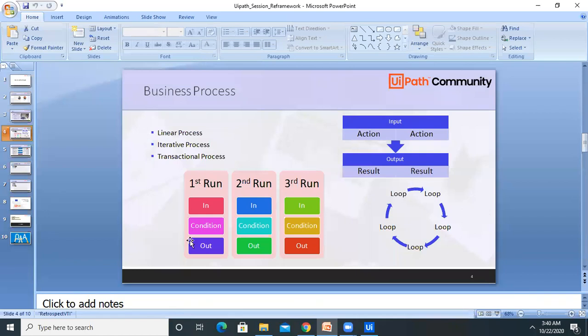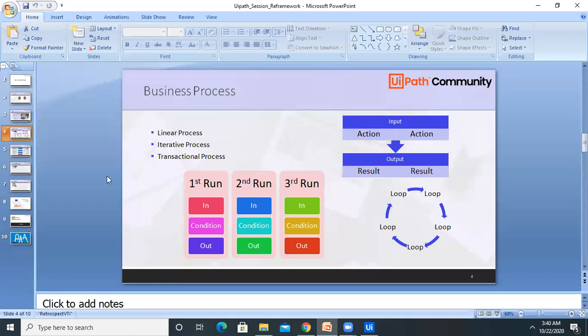So on the first run, if they do not find a match, they will definitely get some response in terms of output. Otherwise, if they get an error message, then also they try with some other keywords. The same logic we are trying to build in UiPath as well, in the name of REFramework, or you can call it the Robotic Enterprise Framework. Once you have built your framework architecture, you can use it at any point of time, whenever it is required.